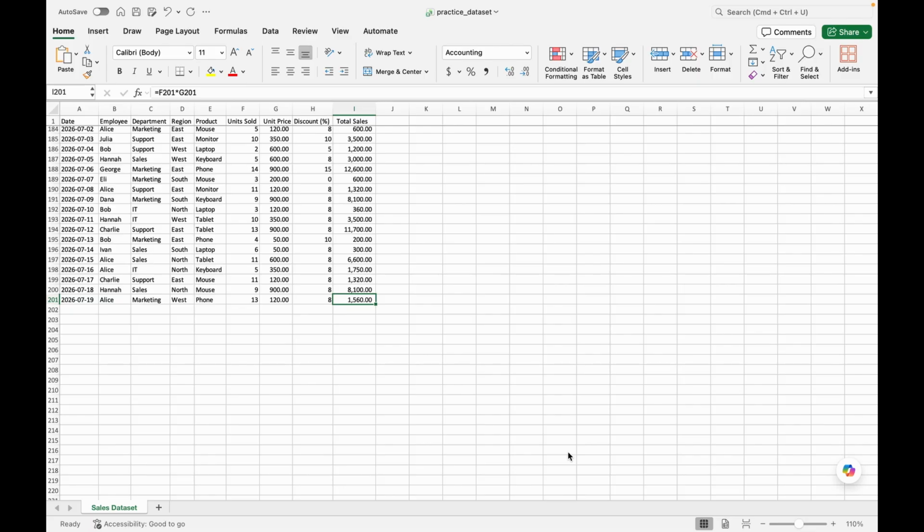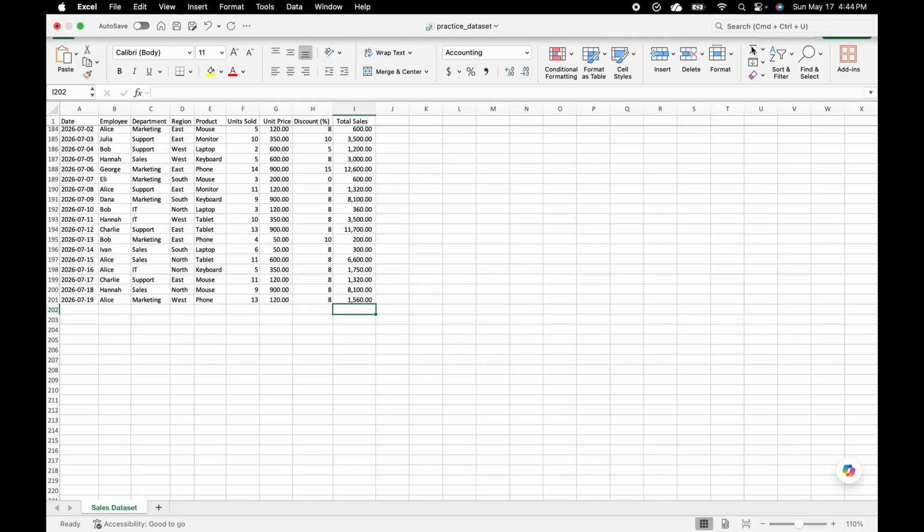I'm going to click in the empty cell directly below the total sales column. And we want to make sure we're on the Home tab. And we're going to click the AutoSum button. The AutoSum button looks like the Greek letter sigma, which is the mathematical symbol for summation. So when we click on it,